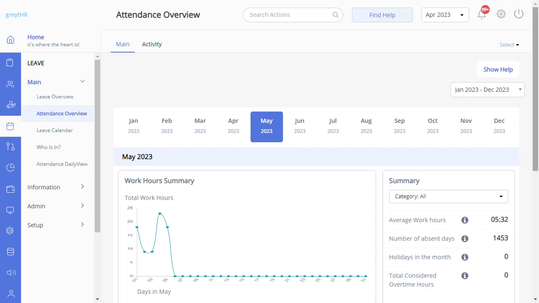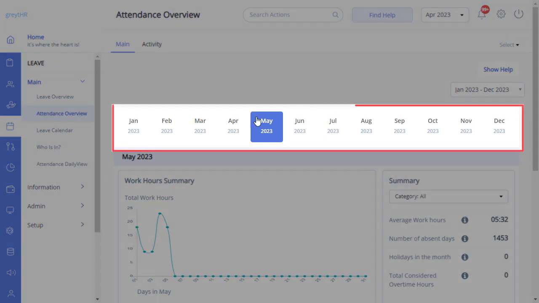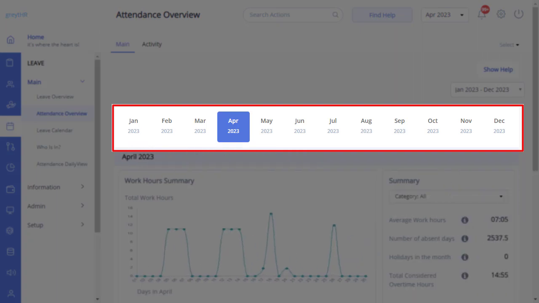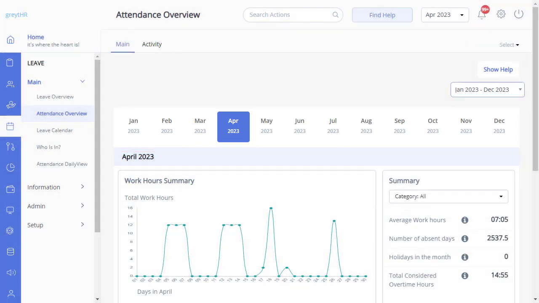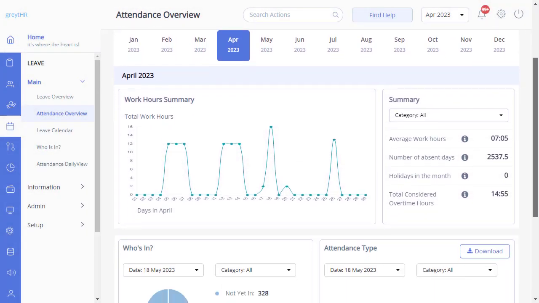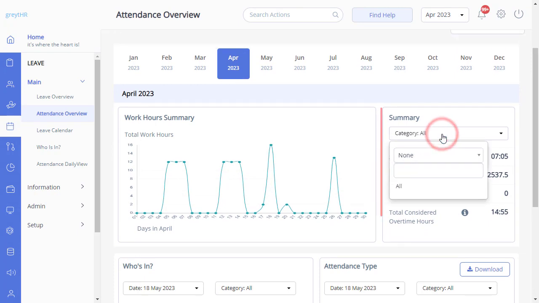As an admin, you can easily access attendance records on this page. Click on the respective month for month-wise information. To access information about employee attendance and working hours, simply click on the summary card and choose the relevant category